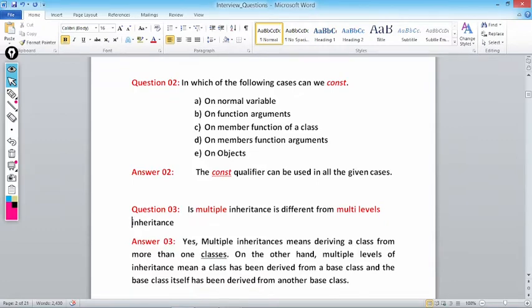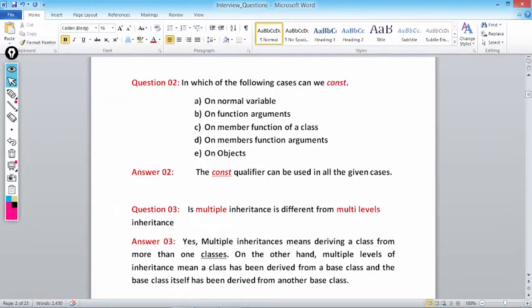So here we have 2 classes, one is the derived class and one is the base class. The derived class inherits all the capabilities of the base class but can add new features and refinements of its own. By adding these features, the base class remains unchanged. So this is inheritance.